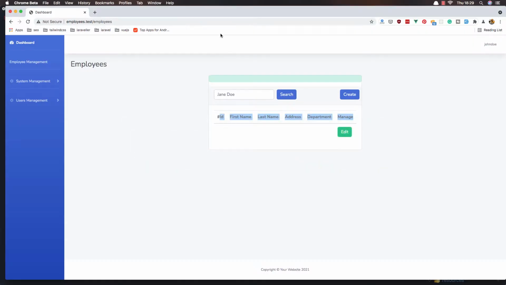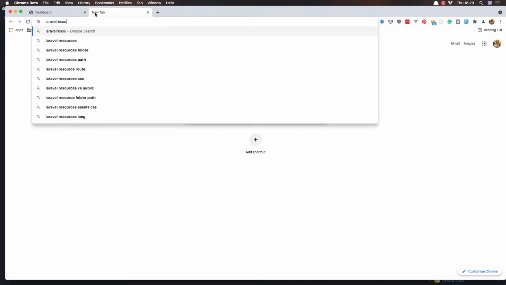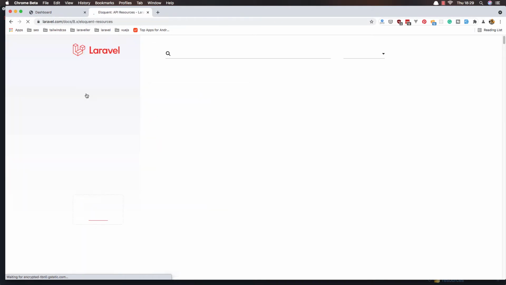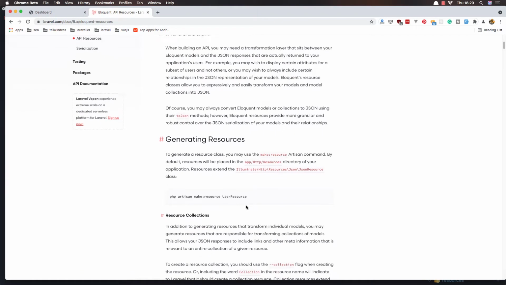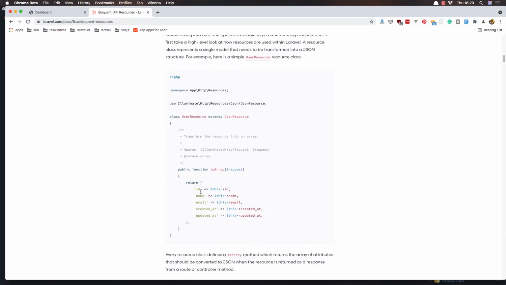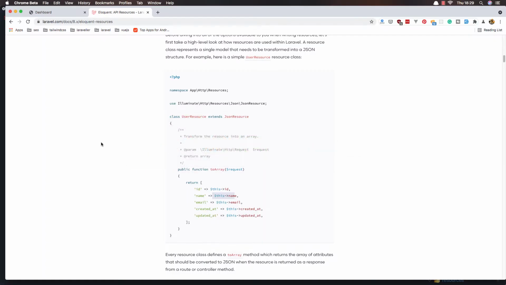and you can find, if you go to the search for the Laravel resource API, and here we have a PHP artisan make resource and give the name of the resource you want, and you can display the data like this. You can override, for example, if you want to change the name to be the first name or the username here, and add the name here is up to you. So here I'm going to do the same thing,